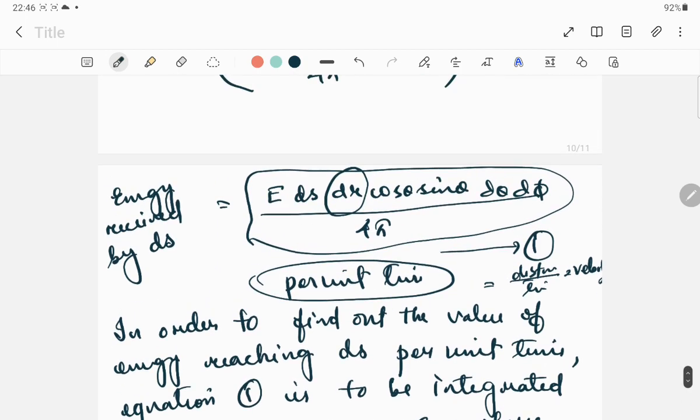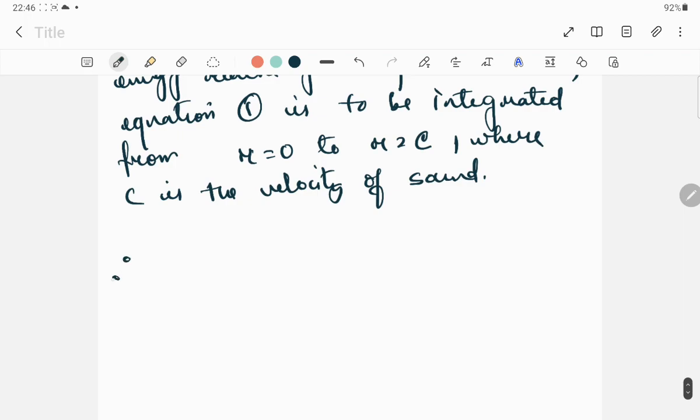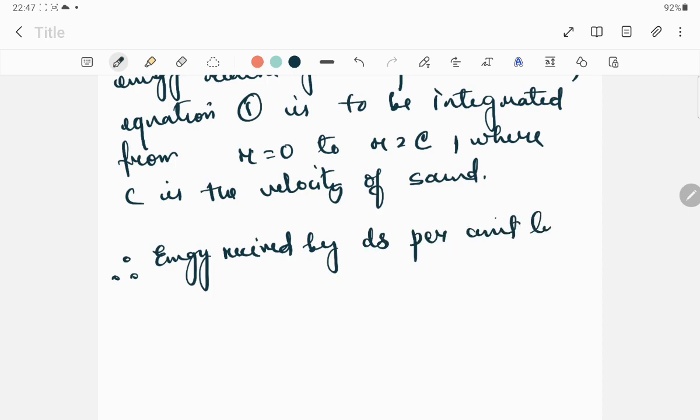So when we consider the energy received by ds per unit time, we integrate this whole thing with respect to r, where r is the distance, and distance per unit time is velocity. So instead of putting r, we can put c. That means the energy received by ds per unit time